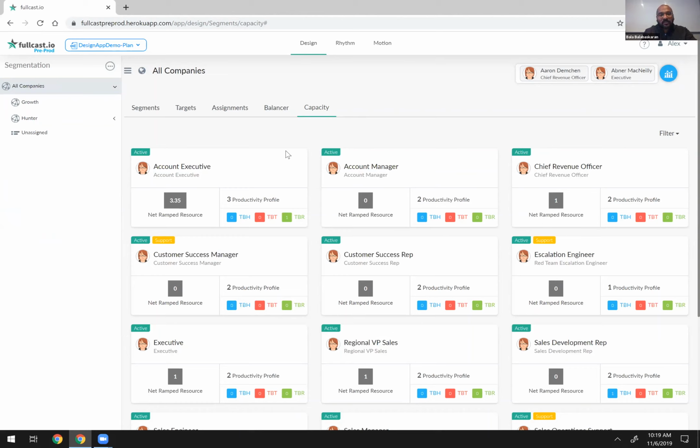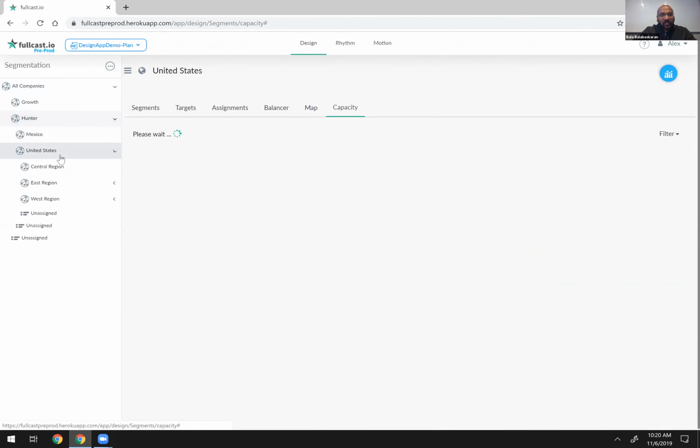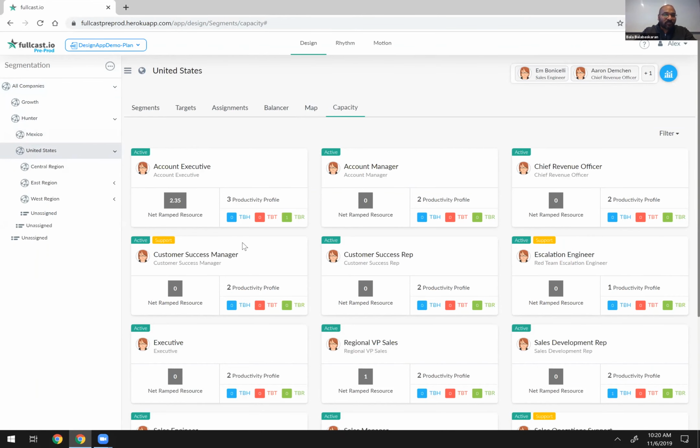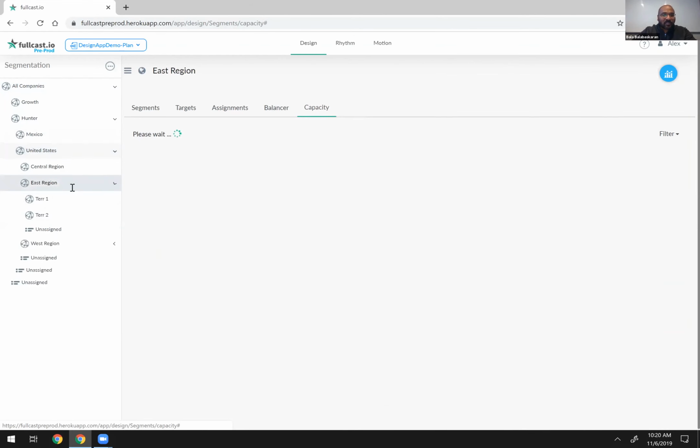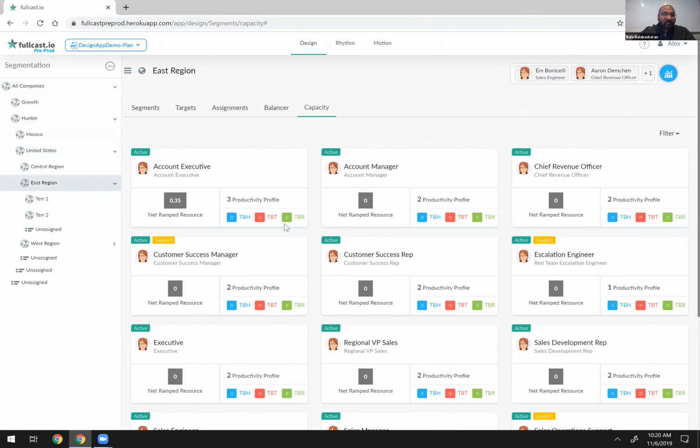And this is one of the big reasons for using the productivity profiles, because that gives us a better picture on what the capacity looks like. And so the sales managers and operations teams are fully able to understand what the net effective operating capacity looks like. And you can, as I mentioned, go into each of these levels and be able to see what. So in the US, it's 2.35 effective capacity. In the East region, it's 0.35 because you have one rep that's ramping, etc. Right? So those are